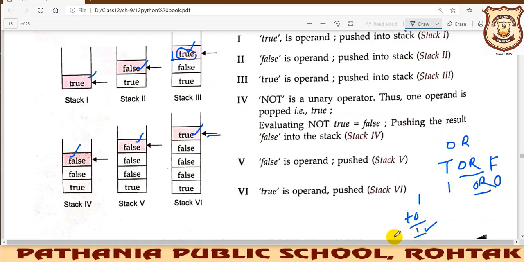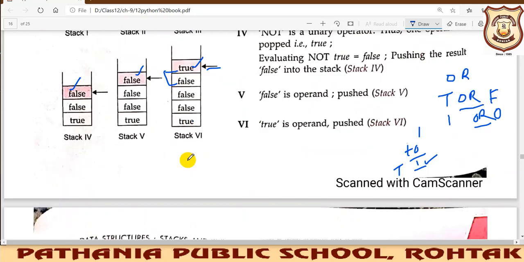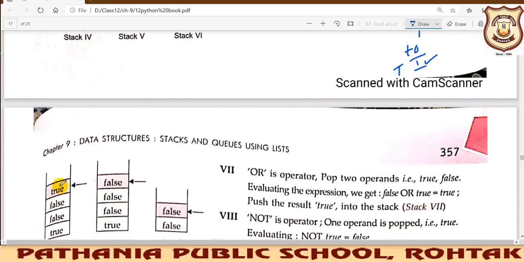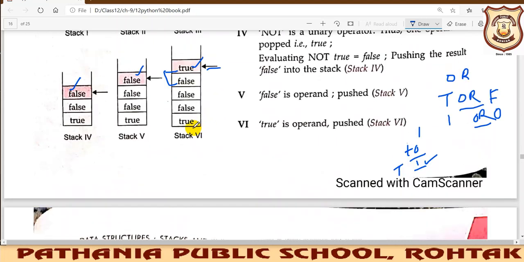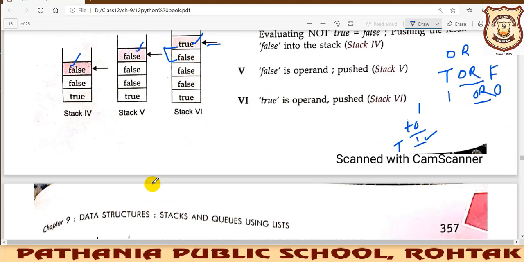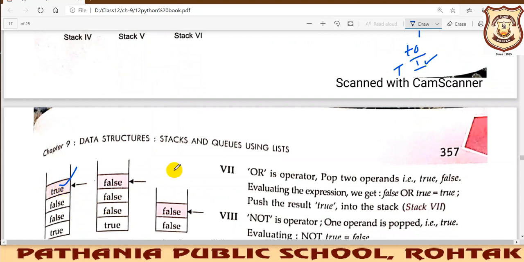So 1 means true. So we will pop out these two elements and instead of it you will replace it with true. You can see true, false, false, and then instead of these two we'll be putting true only. Fine, so true we have placed. Next is